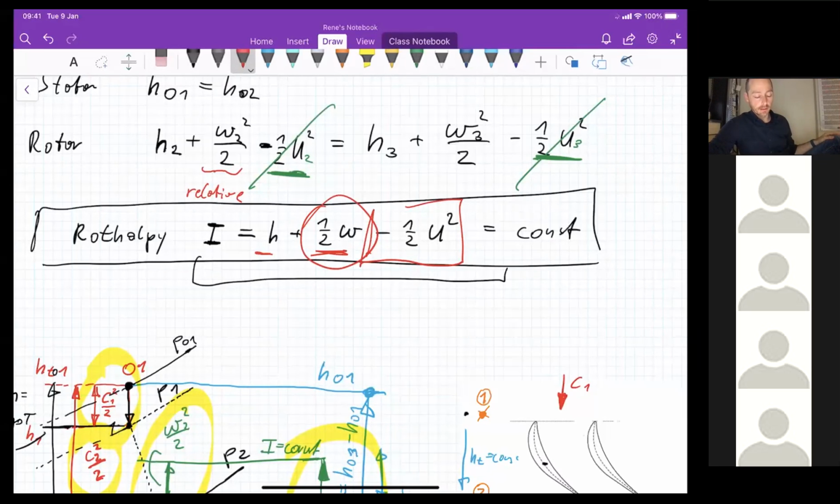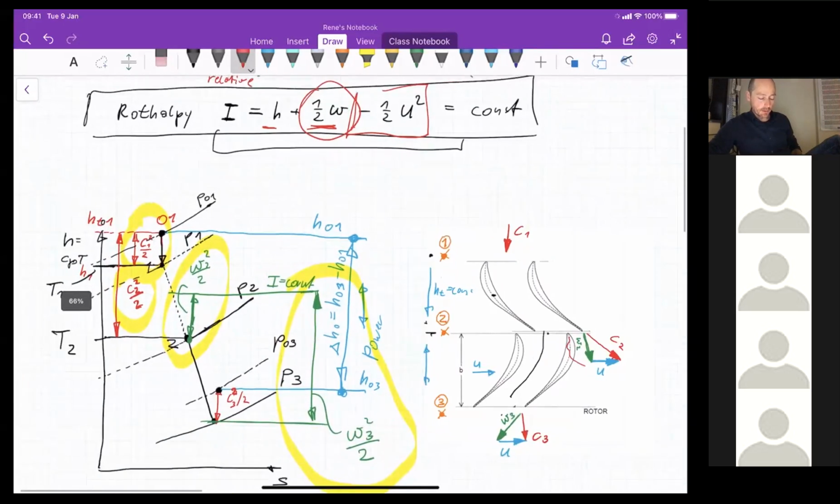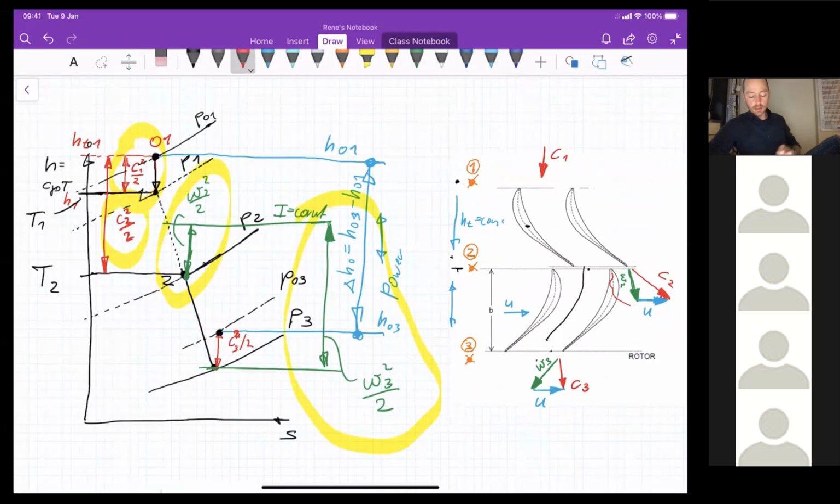Dixon and Hall has a more detailed derivation of this rothalpy. But remember, across the stator, if there's no heat loss, the total enthalpy stays constant. Across the rotor, the rothalpy stays constant. The rothalpy is also a quite important concept, because now I'm talking about axial machines, an axial turbine or axial compressors. But if you have radial machines, then this concept of rothalpy can be used in order to increase the